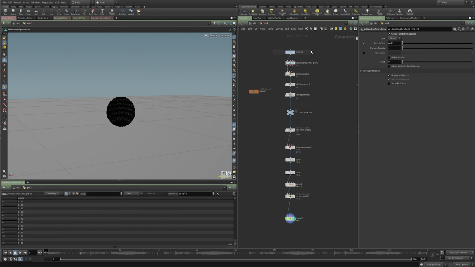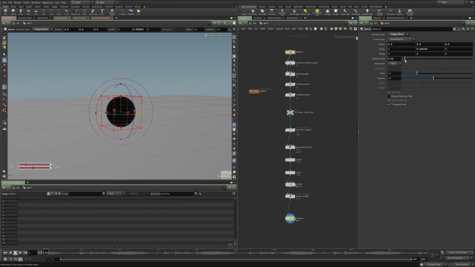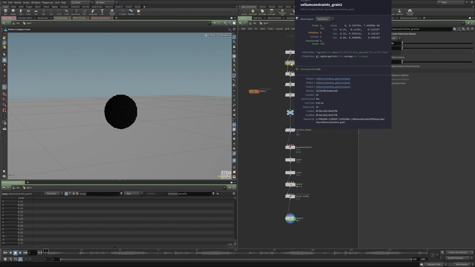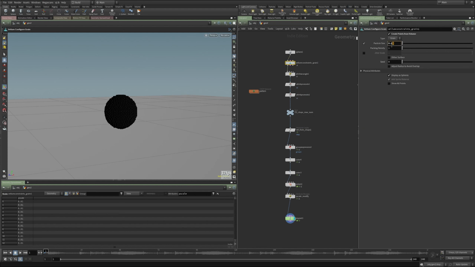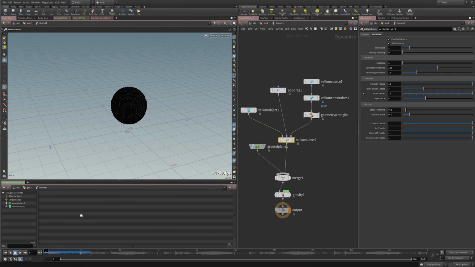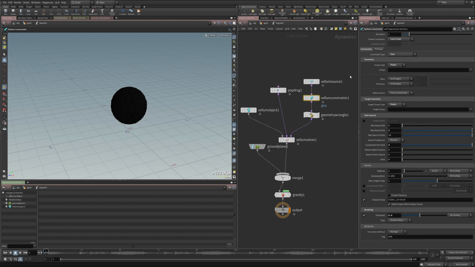Okay, so I think I'm going to make my sphere a little bit larger, and I want these to even be a little bit smaller. Get this working a little bit better. Let's go ahead and up our substeps. I'm going to leave the constraint iterations as they are. And these glue constraints, rather than each frame, I want to update these each substep. Let's just see what that gets us.